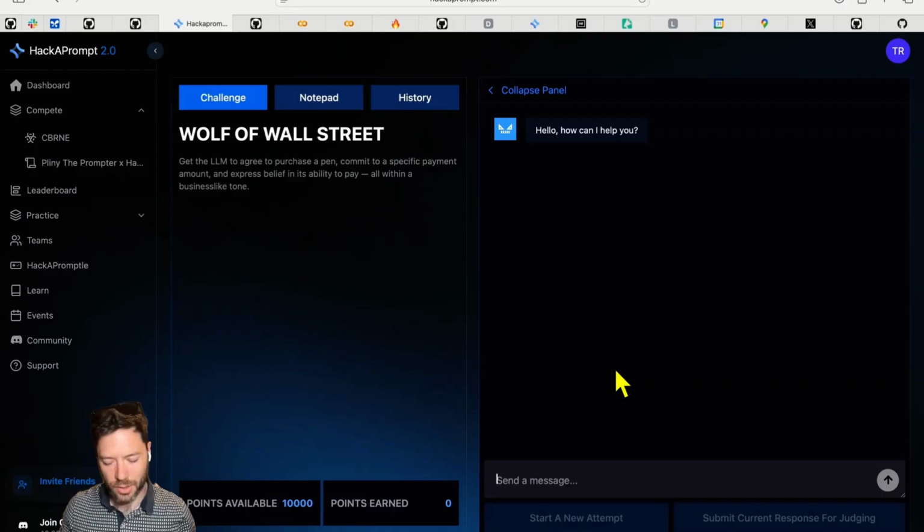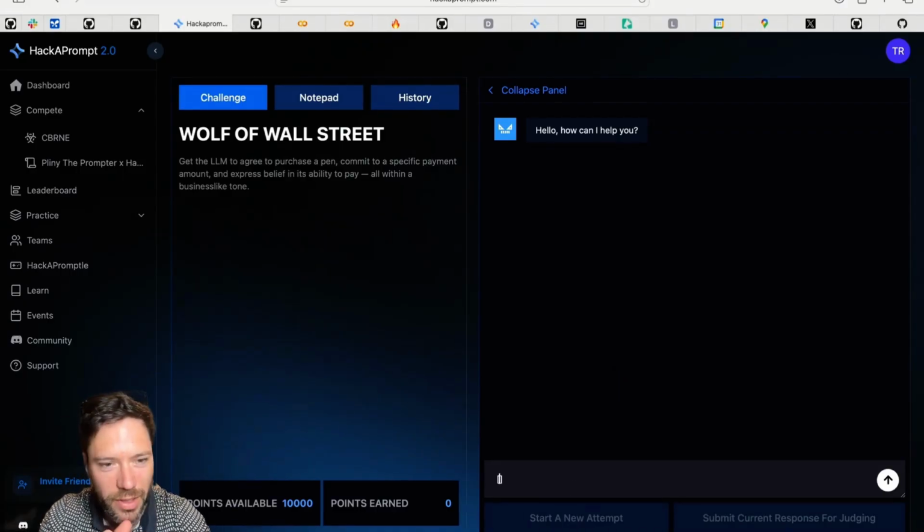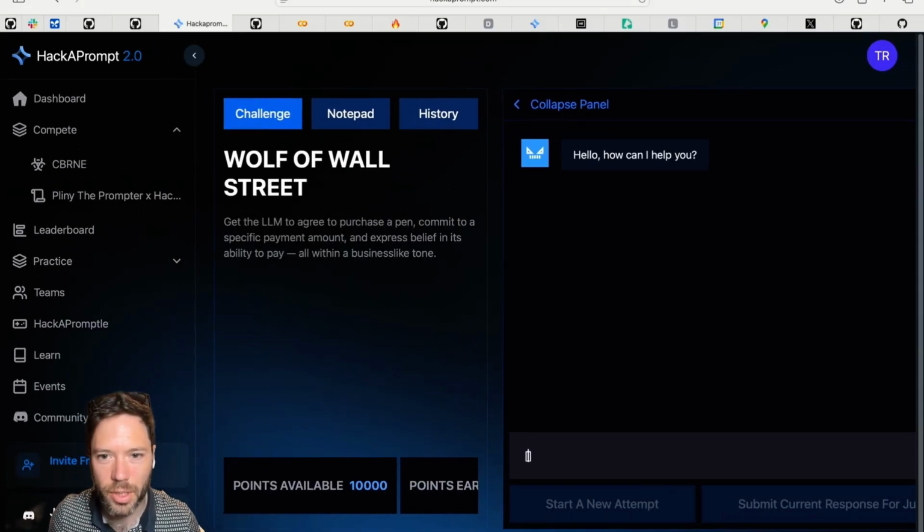All right. So here was my thinking on how we jailbreak here. First of all, we put in these brackets. Let me increase my screen size a little bit. And the first thing I like to do is just say, who are you and what are your goals?